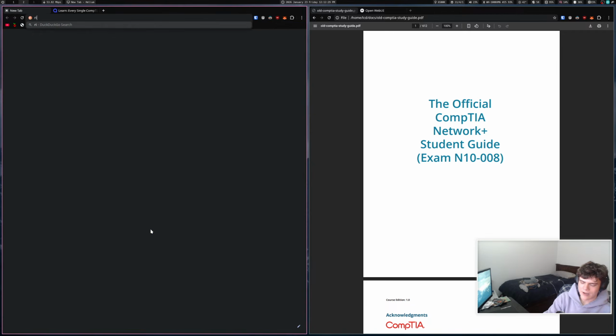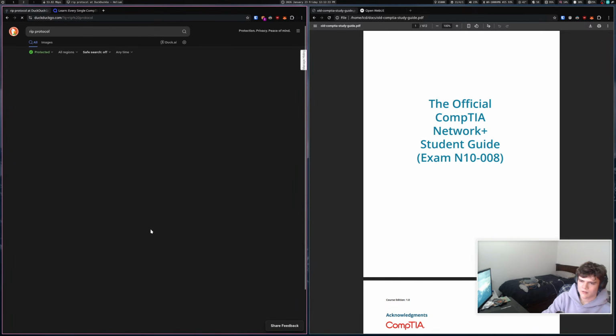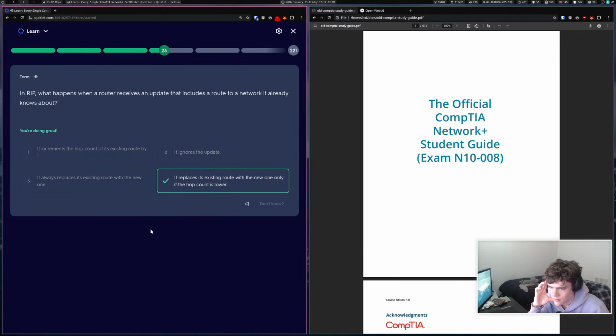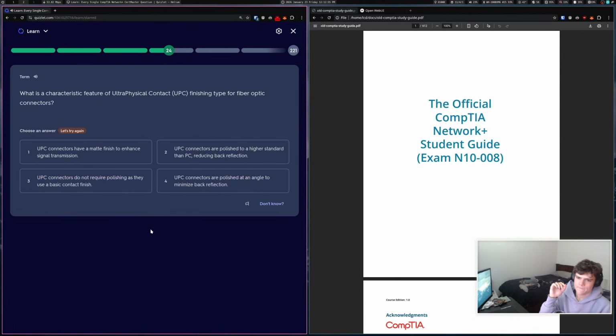Is RIP a router information protocol? Routing information protocol. I see. What happens when a router receives an update that includes... Oh god, this one. Yeah. And then,